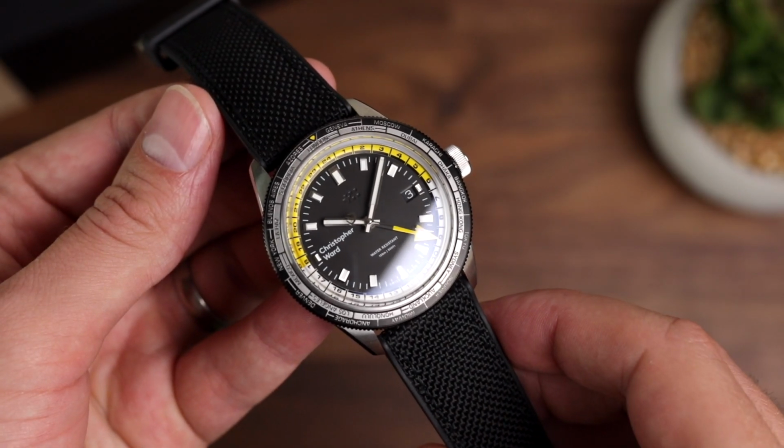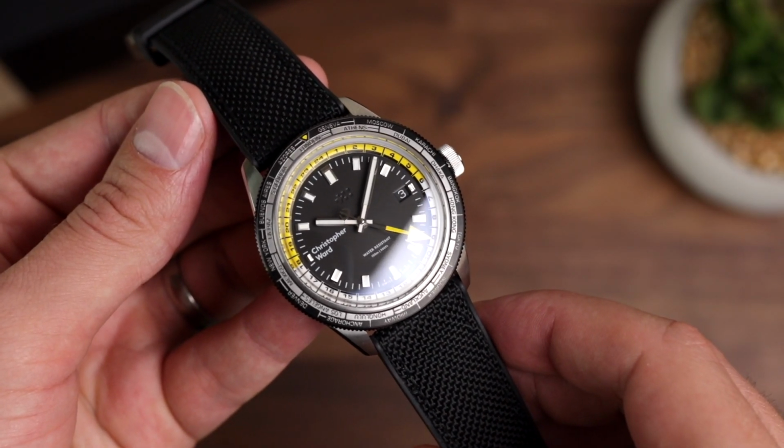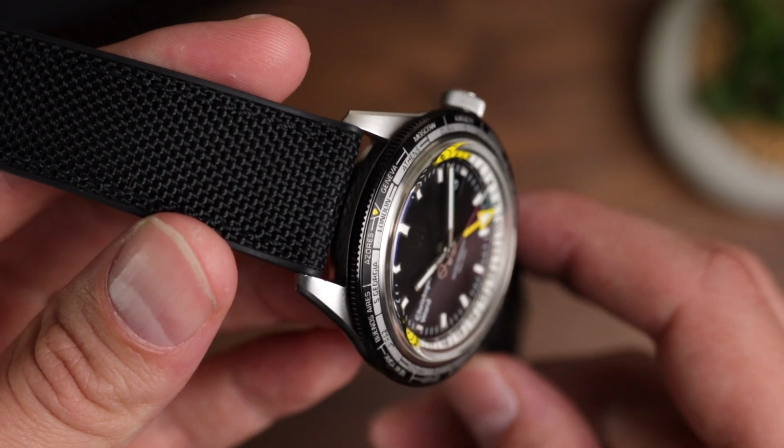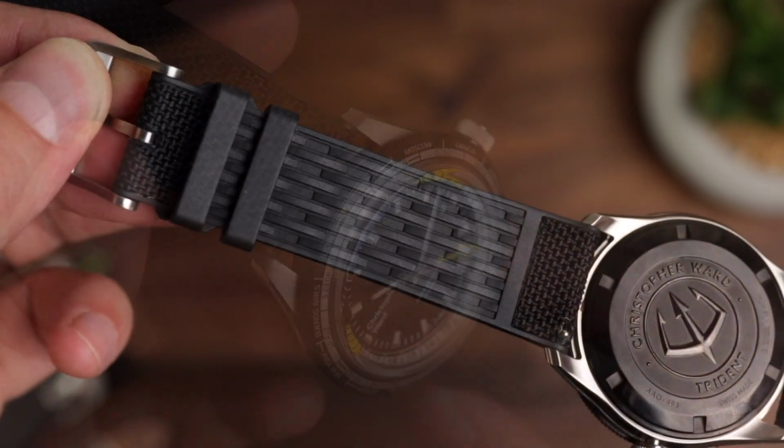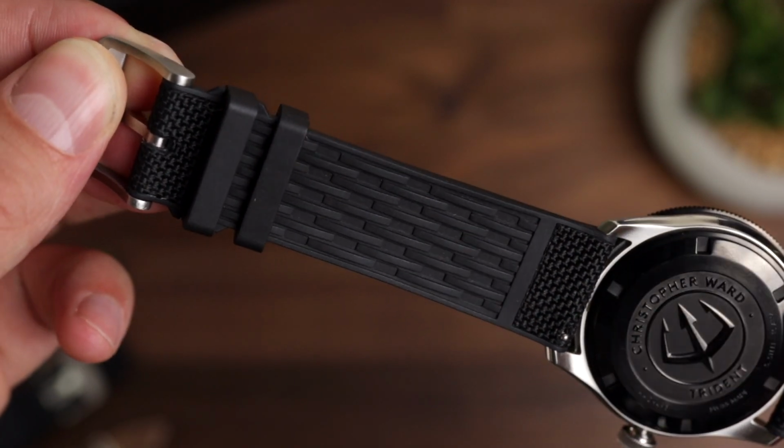The Christopher Ward arrived with us on their hybrid strap, which at its core is a rubber strap. However, fabric fills the whole front of it, which results in a durable and extremely practical option. When it comes time for a change-up,